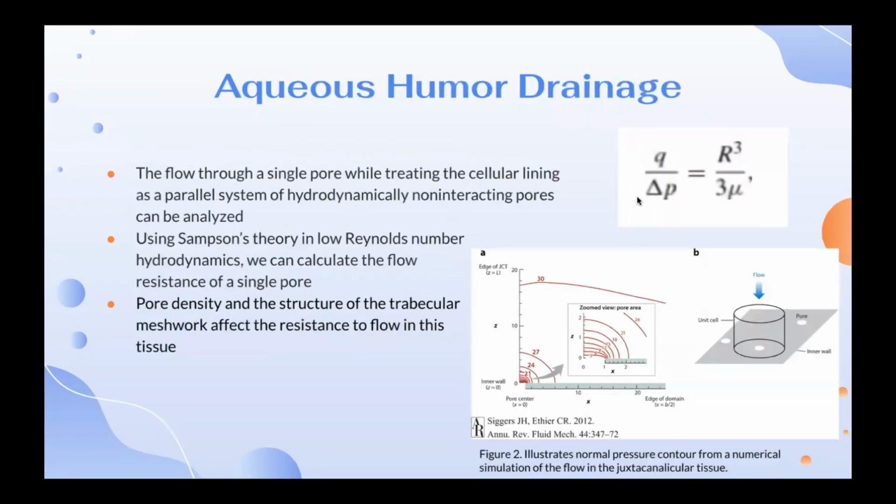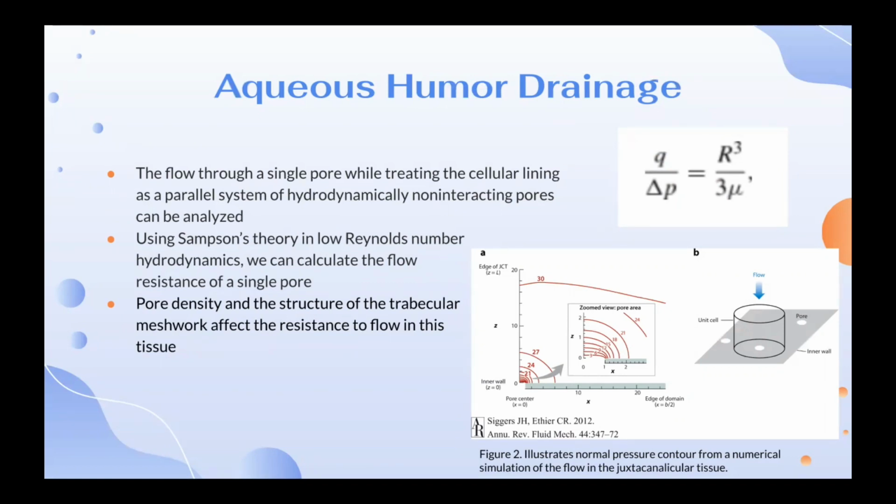It is important to know the fluid dynamics of aqueous humor drainage through the small pores in the cellular lining of Schlemm's canal in order to understand the source of the resistance. We can analyze the flow through a single pore while treating the cellular lining as a parallel system of hydrodynamically non-interacting pores. And using Sampson's theory in low Reynolds number hydrodynamics, we're able to calculate the flow resistance of a